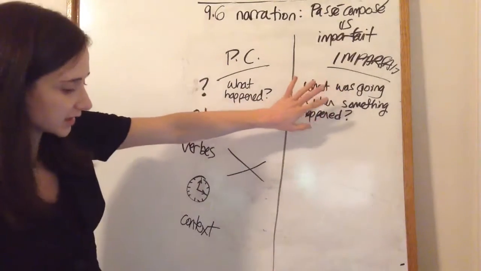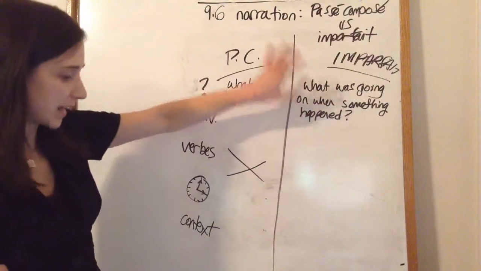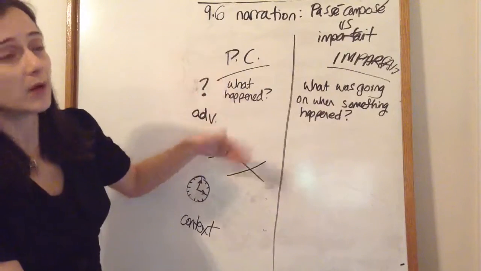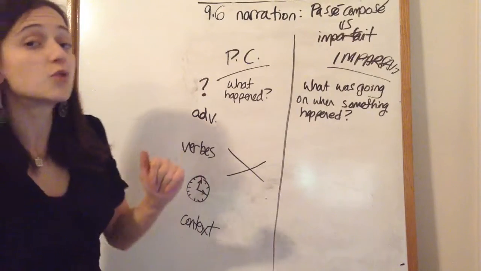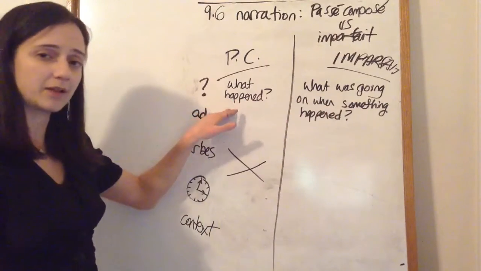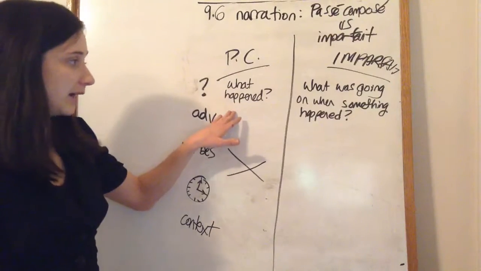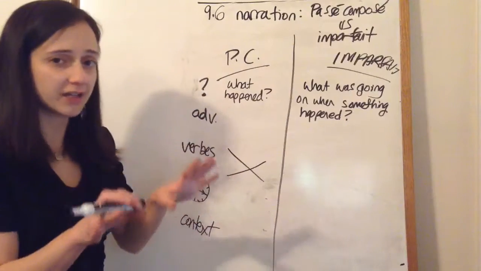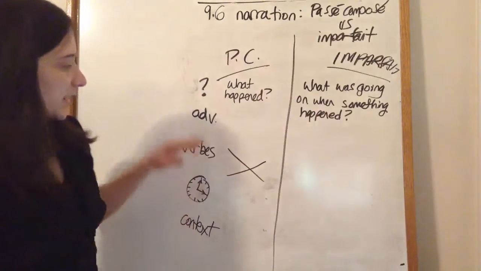Okay, so we also have things like setting the scene. Remember the habitual actions, the atmosphere. You're describing things here. You're describing the people or the places. And then the plot is what happens with all those people in those different places, and that's the passé composé here. You could also describe feelings here, but then you're describing the changes of the feelings. So something changed, and that's an action, which would change to the passé composé. So we'll see how it's a fine line, and you have to start being familiar with which one lends itself to which.